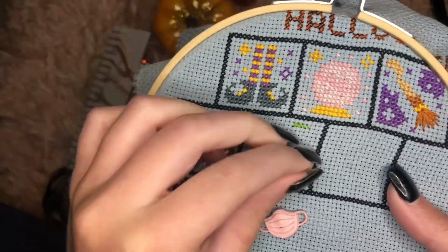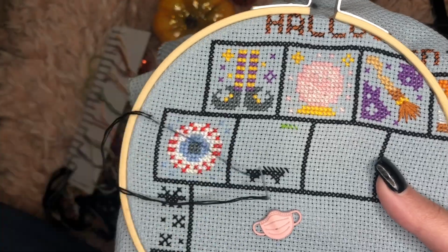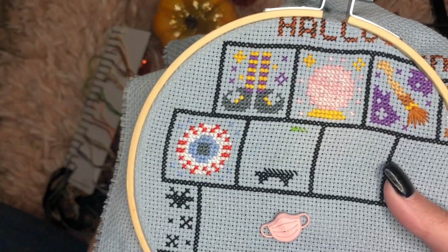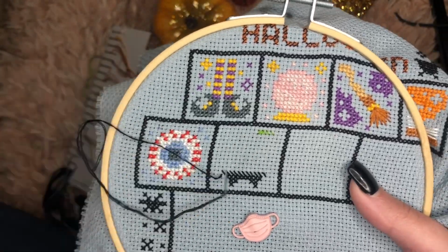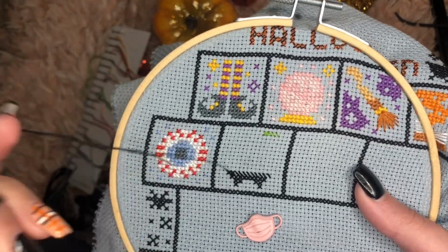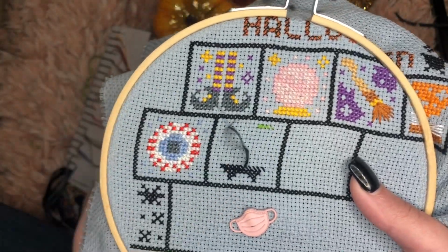So I did change... what's coming out of the cauldron? I don't really know. Potion? Yeah. I did change up the green potion that comes out of the cauldron so that it looks like it's, like,